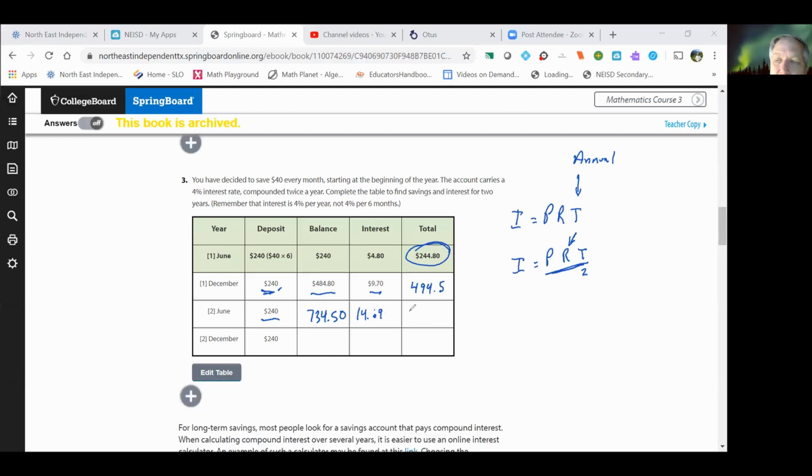That's going to be 749.19. And then I'm going to add to that the 240 that we're going to put in there during the next 6 months. We're going to get 989.19. I'm going to find the interest on that by multiplying that times 0.04 and then dividing it by 2. The interest on that is going to be $19.78. We add these two together, and that's going to be